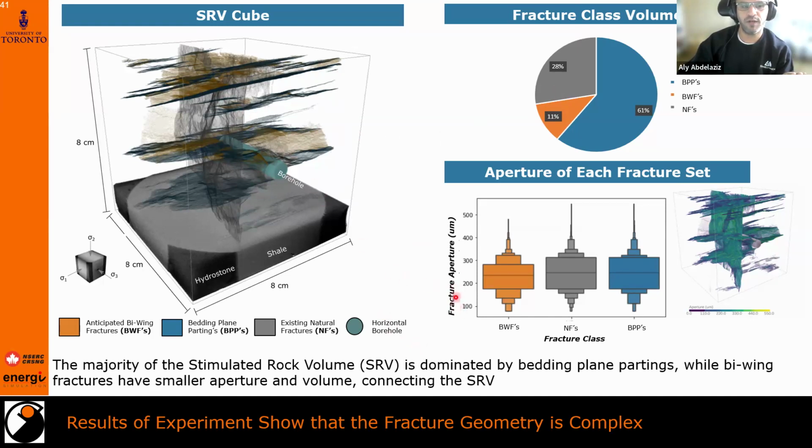We can also look at the fracture aperture and see the differences between the three, where the bi-wing fracture has a much lower fracture aperture as compared to the other two. So this work is just a start to hopefully more work in trying to understand the mechanics of the true triaxial response of shale under